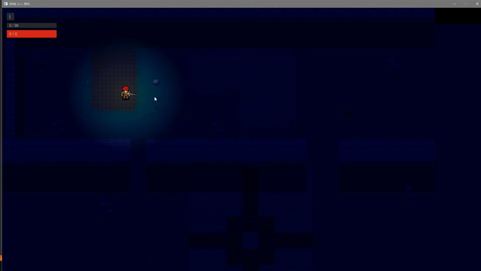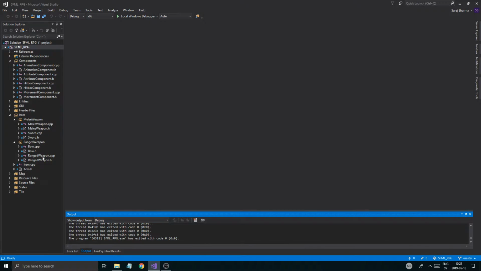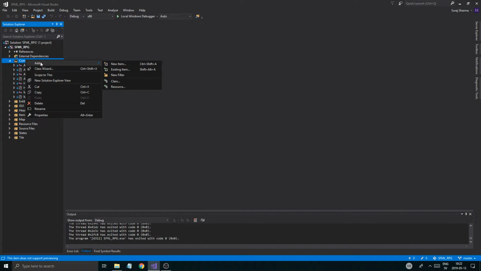But all right, so the sword class is here. It's rendering. Everything's fine. We can't really attack yet, but that's cool. All right, so we have everything set up. We don't need to worry too much about this right now. What I want to add to the game is actually a component. So I want to add,